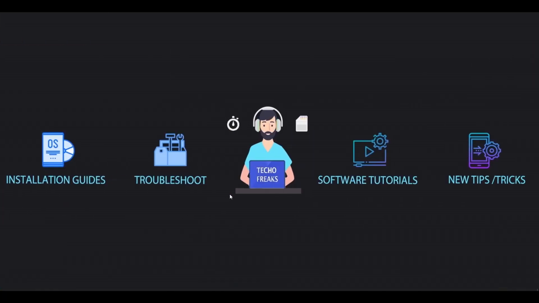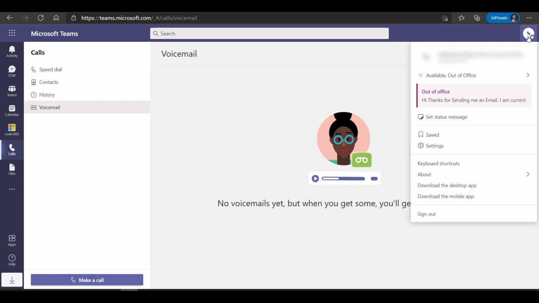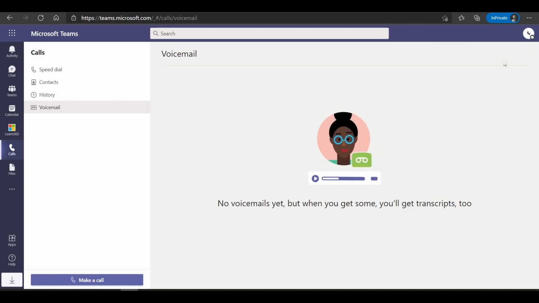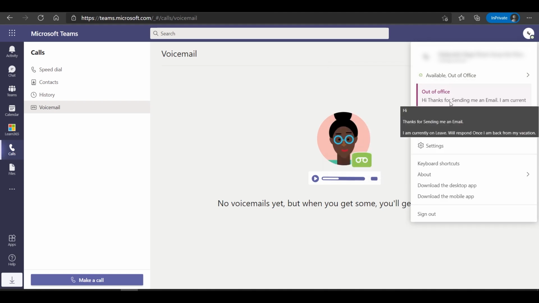Just opening Teams. So this is the Teams app, and go to the profile section, and you can see Available and Out of office. So I'm just resetting the status to verify that out of office is enabled properly, and you can see Available and Out of office.